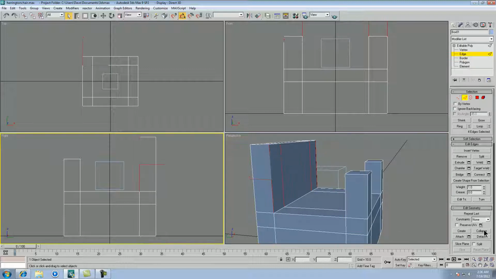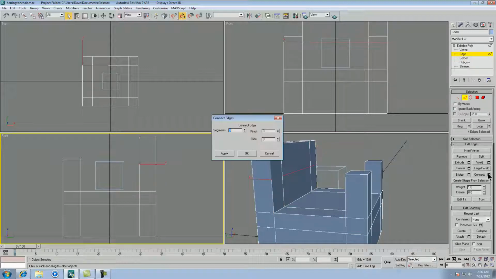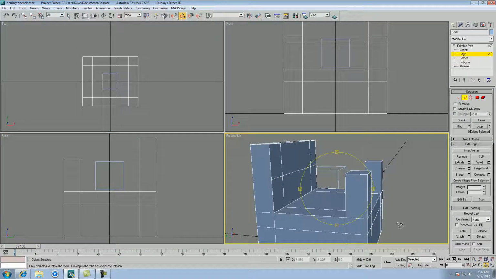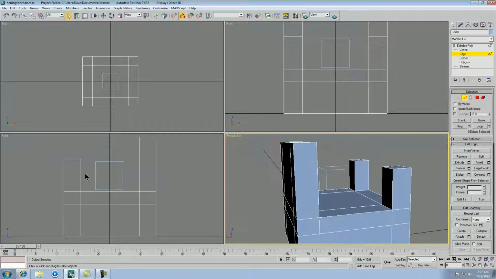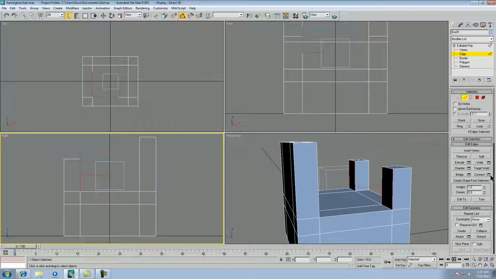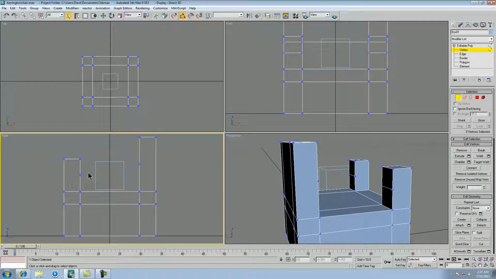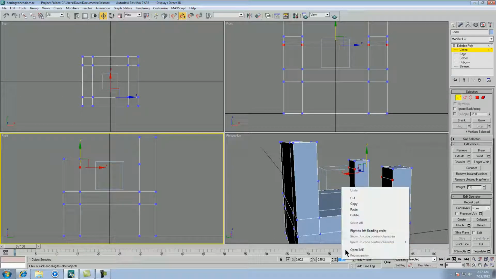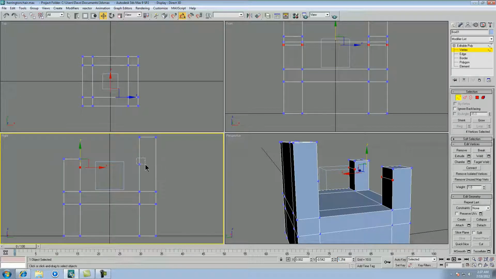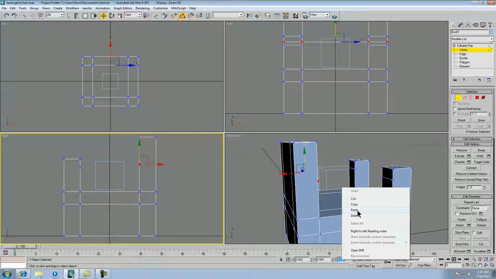So we'll just select these first and then connect, and then just click OK, and then select these, do the same. Now we'll choose about where we want the top of our armchair to be, so we'll do it about right there. So we'll get this number right here, copy, paste,